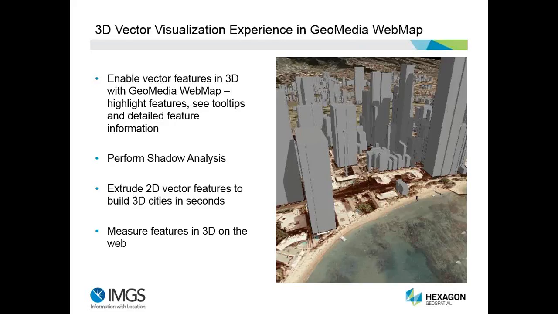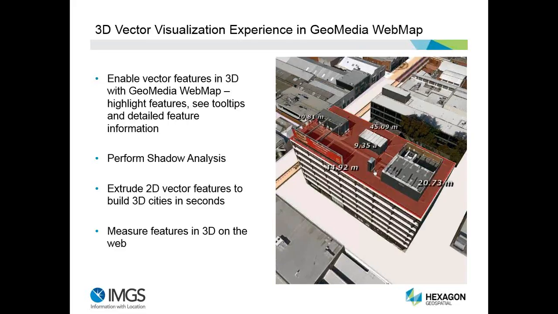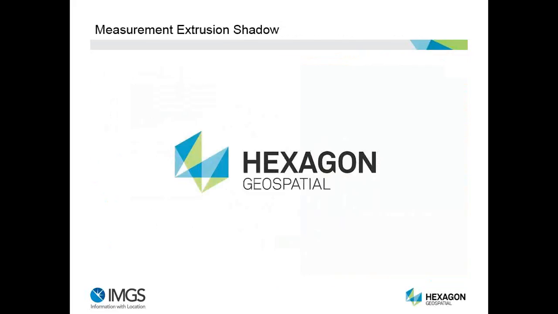And also now with the 3D release, we've got the ability to measure vectors in 3D on the web. As you can see on the screen here, you can measure a polygon, measure the height of the building, measure the footprint of the building, and put the coordinates up on the screen. So again, some nice tools with the 3D support now in GeoMedia WebMap, and I'll show some of this later on. So here's just a video of the